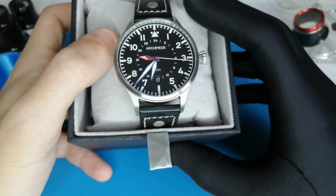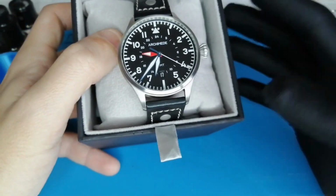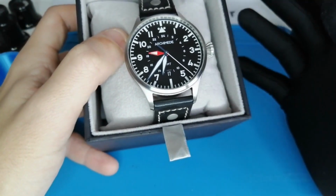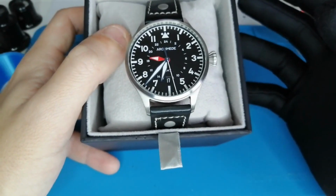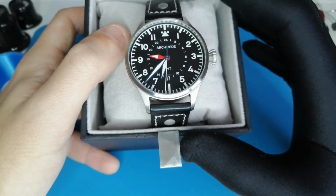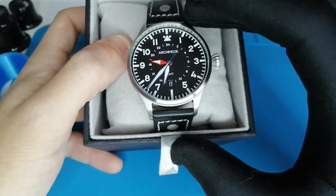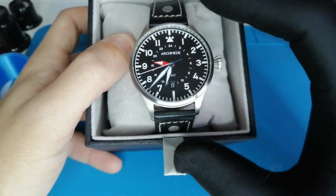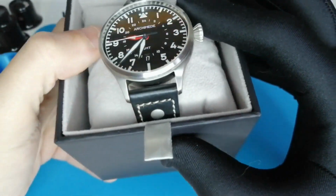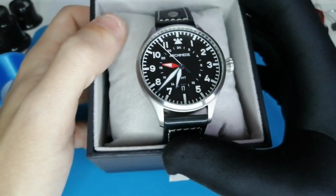Regarding the price, Archimedes offers this GMT 42 Pilot watch at a retail price of €1,300, which positions it as a direct competitor to other market leaders made in Germany. It is slightly cheaper than a Stowa Pilot, roughly in the same price range as a Laco Flieger, except that this Archimedes additionally offers a GMT function and an incredible case. I had a Laco, and frankly I find the quality of the Archimedes case to be superior. Whether it's the brushing, the size of the lugs, the shape of the case, the thickness, really I find it